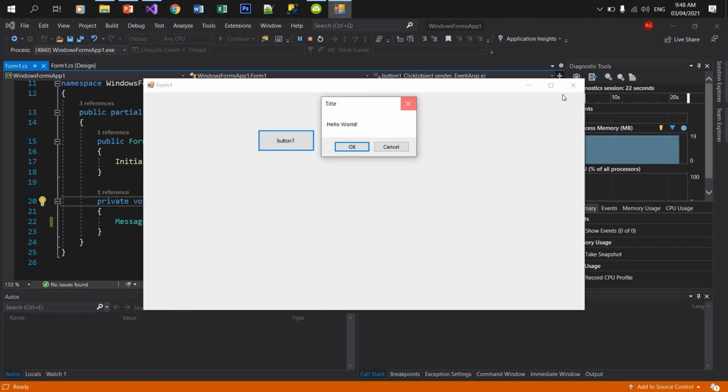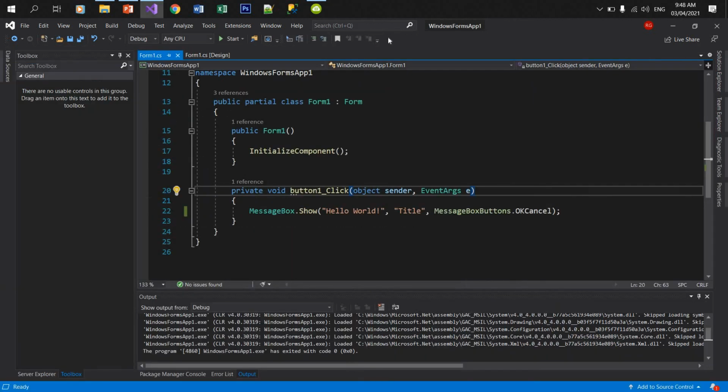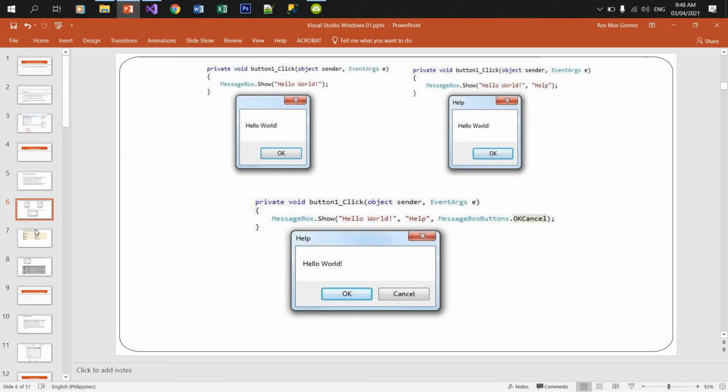So that is for the MessageBox class. Okay, so these are the examples of